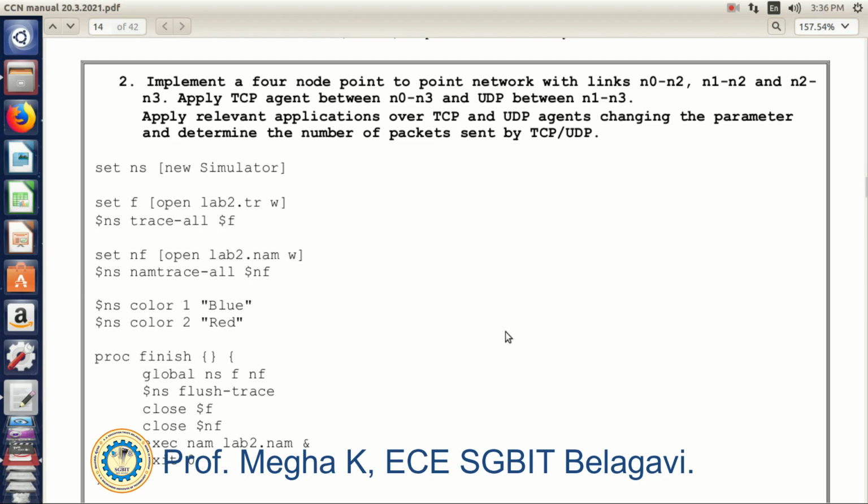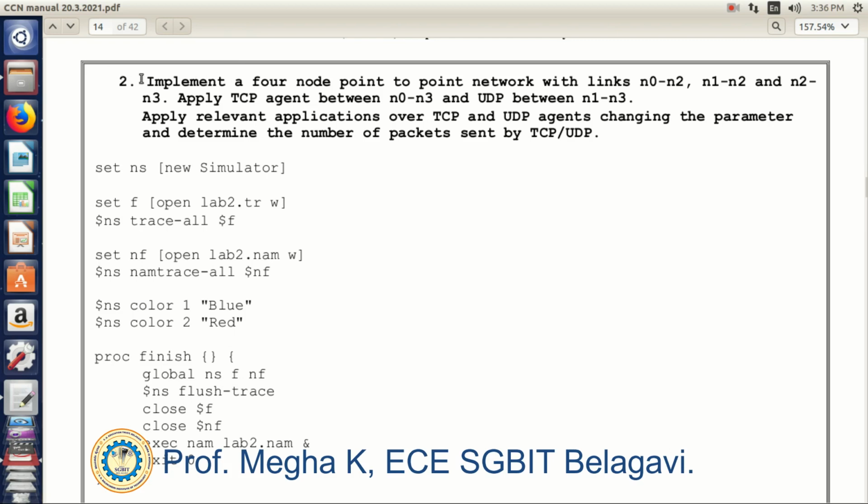Students, today we will see the second lab program on network simulator. In the last lab we have seen how to create a duplex link between different nodes. We created 4 nodes and a duplex link between them, and we checked the performance of the network whenever UDP was used. In the previous example we only used the UDP protocol from the transport layer. In this example we will use both TCP and UDP protocols.